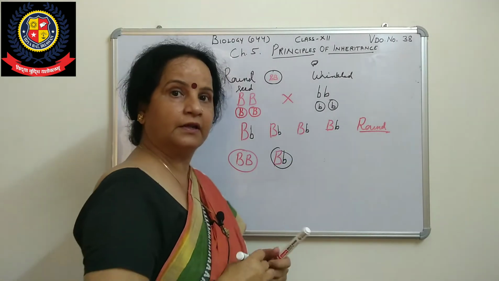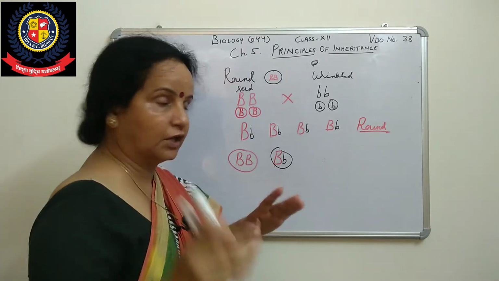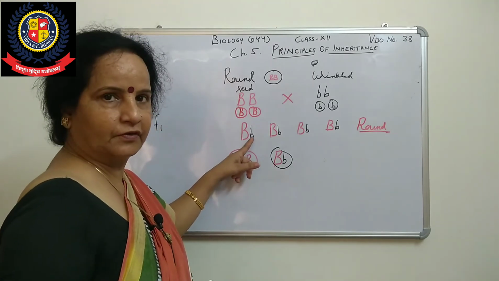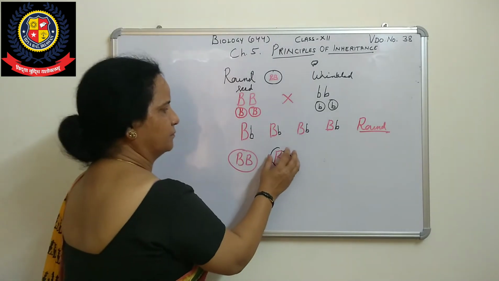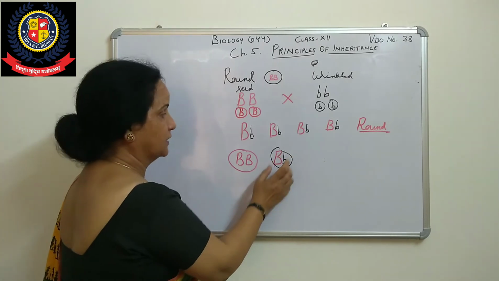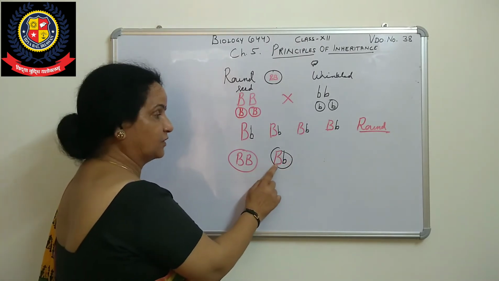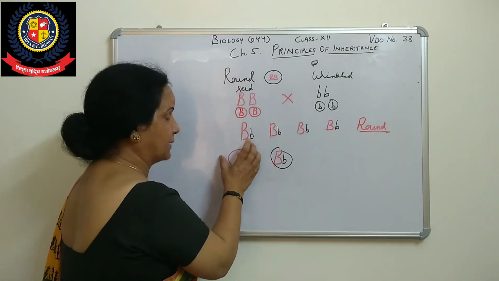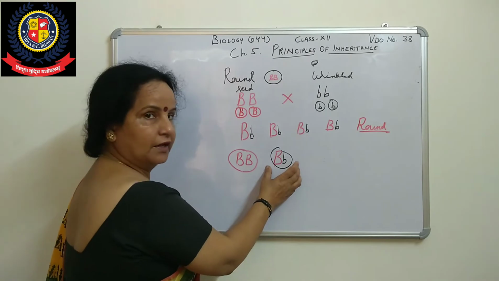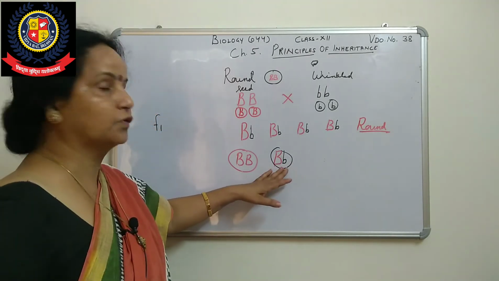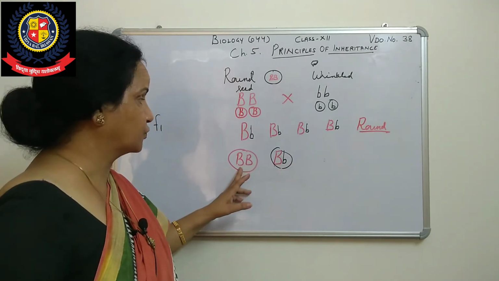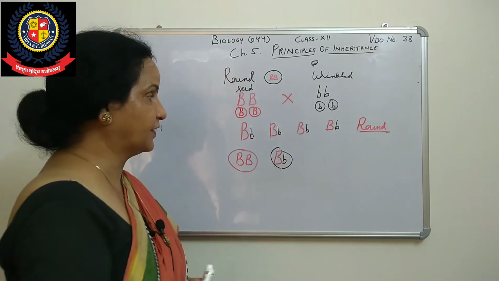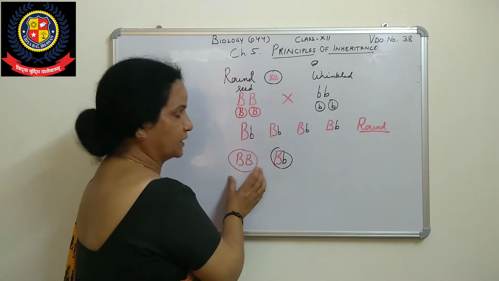But when we observe deeply these seeds and those seeds, we see that the starch amount is less than in the other. It is round, but it is not quite the same kind of round, because here there is less starch in comparison. Why is it so? Because the recessive gene is also there. So here we can say it is incomplete, whereas there it is the complete round.